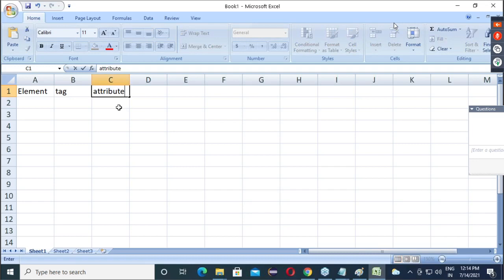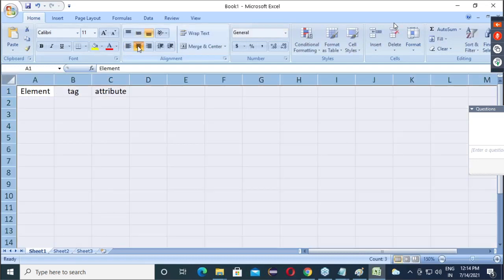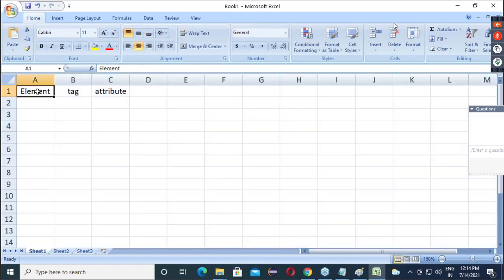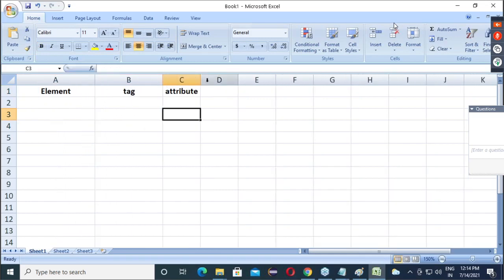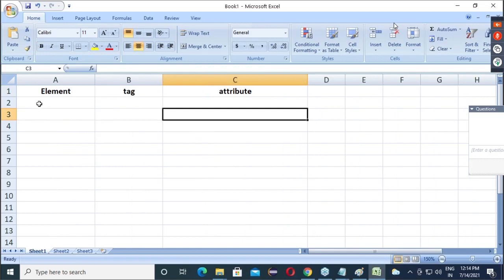This column we will say attribute. Okay, something like this. Then let's make it bold. Now, observe here. So, element, tag, attribute.